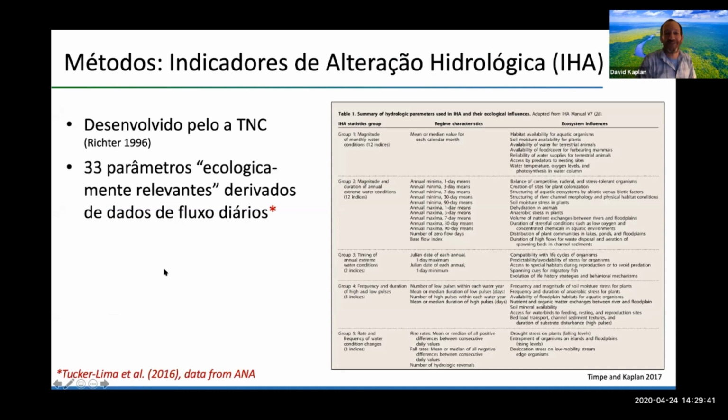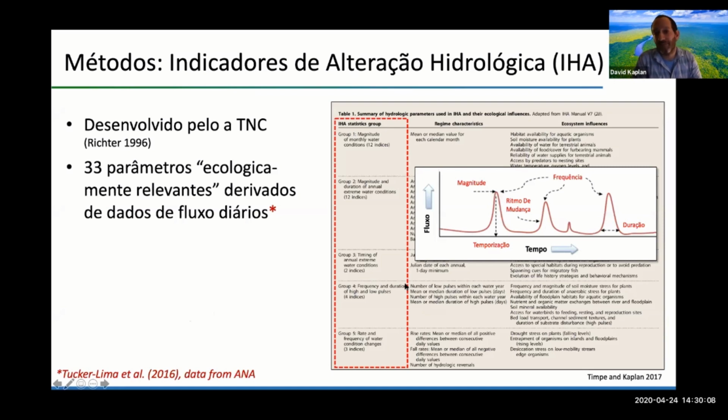Okay, so the method that we used to do this was the IHA, or the Indicators of Hydrologic Alteration method. It was developed in the 1990s by the Nature Conservancy. What it develops is 33 ecologically relevant flow parameters, derived from daily flow data. Those are in that Tucker-Lima paper, and they were all derived from the Agência Nacional de Águas, the Brazilian water agency. There are 33 parameters here and I'm not going to go through them,